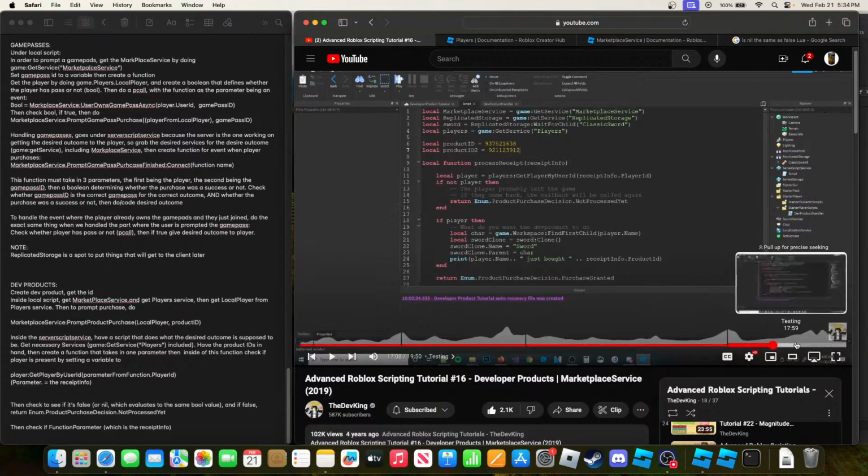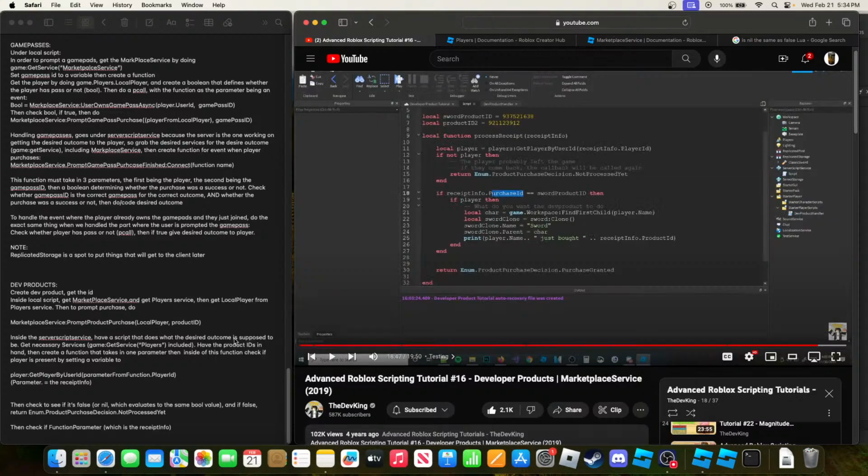So dot product ID, function parameter dot purchase ID is equal to target product ID, target dev product ID,